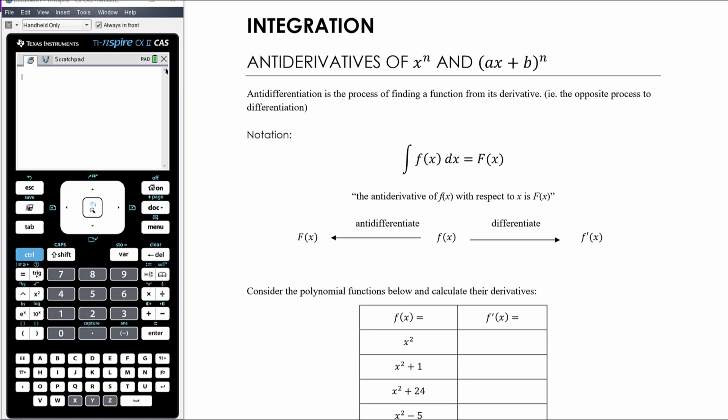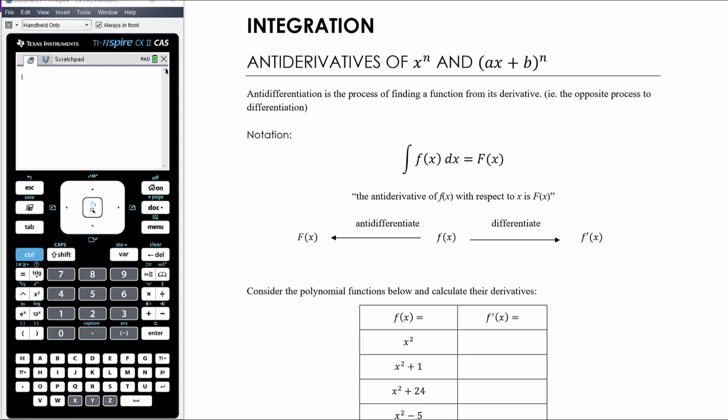Okay, so in these early videos, the first 3 videos here, we're really just going to look at rules and techniques for integrating various functions, and then we'll go on to look at the process of calculating definite integrals and how that connects to area. And a bit later on, we'll come back and add in circular functions and then some applications and other problems. So let's begin with the most basic sort of power function or polynomial function, so x